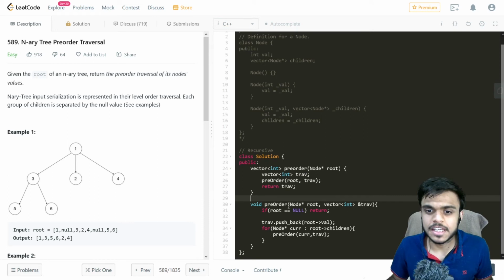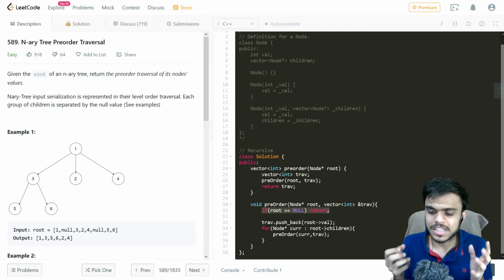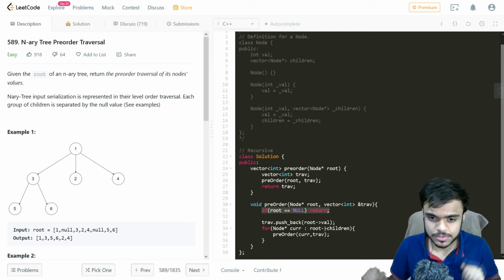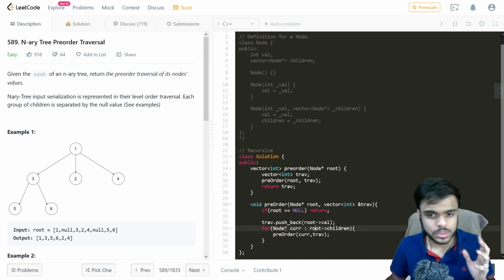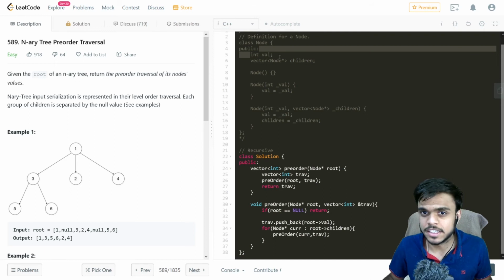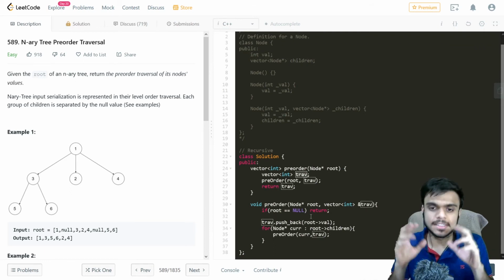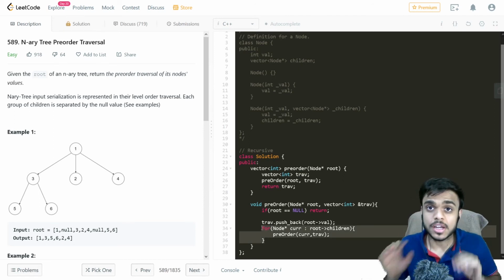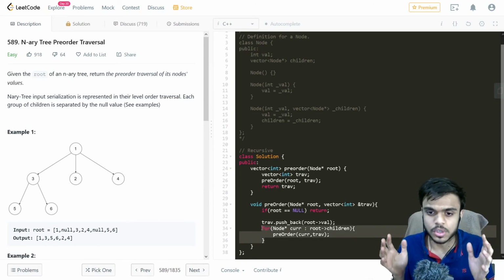Basically, what we are doing in our helper function is a simple boundary check. That is, if the root that we have got is null, we just return. We do not have to traverse further. If our root is not null, in that case we just push the current value, that is its int value, into the trev vector, that is our answer. And then after doing that, we need to recurse further for every child of that particular node.